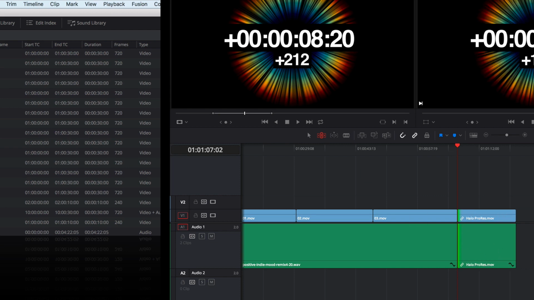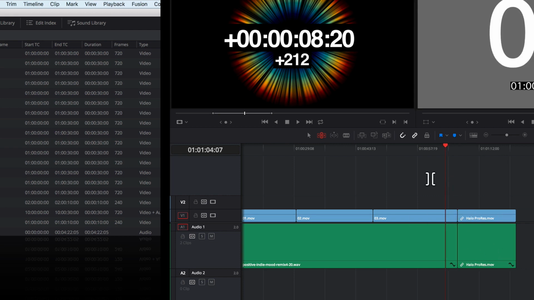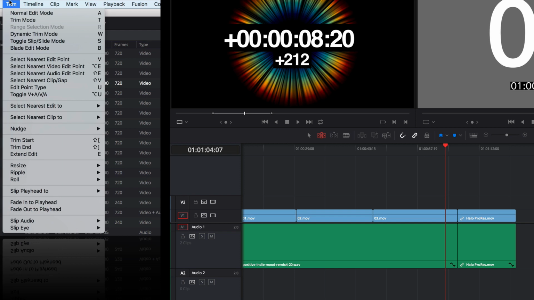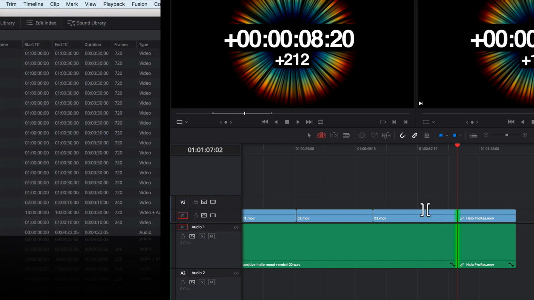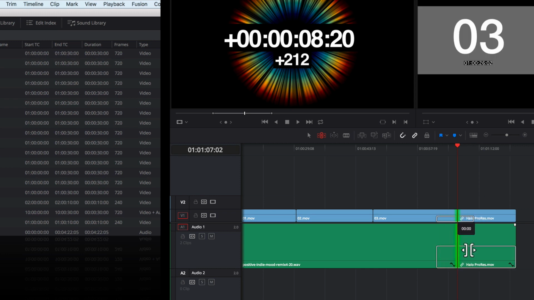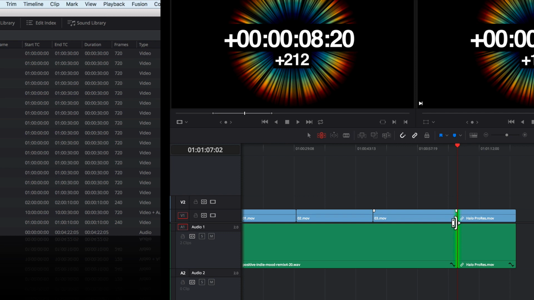Let's undo that. Let's go back up here to my trim menu, select nearest edit to roll, and it just does that. It selects both sides of the edit